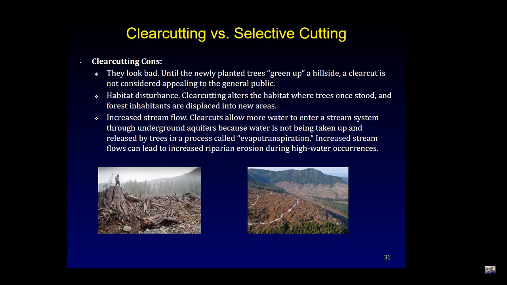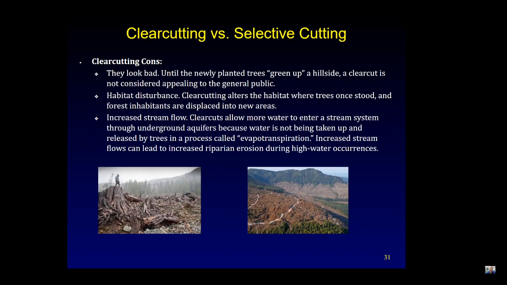And then we have two terms to talk about here: clear cutting versus selective cutting. And there are pros and cons to each. Clear cutting is when you go into an area and completely cut down the whole area. Obviously we often see this one in the news, which is good versus bad, right? But the clear cutting cons: you completely wipe out a whole area of land. And then you have habitat disturbances, you have increased stream flow, so there's nothing to protect the land from erosion